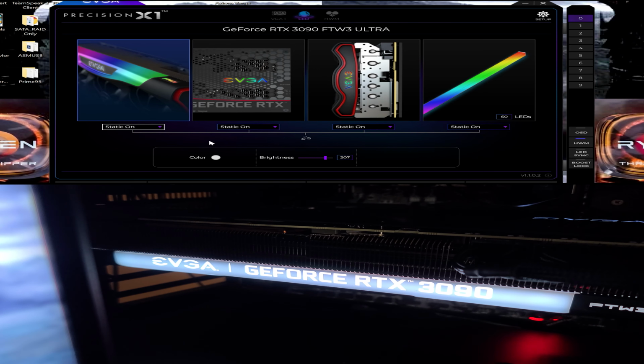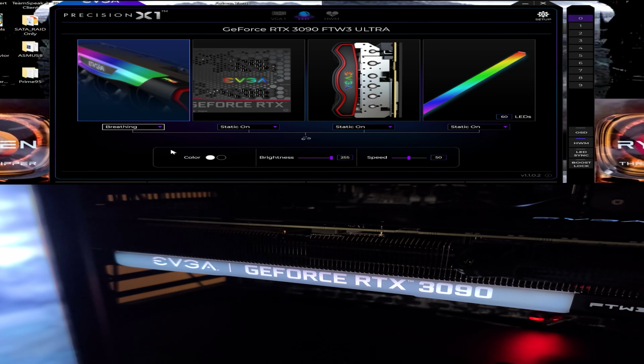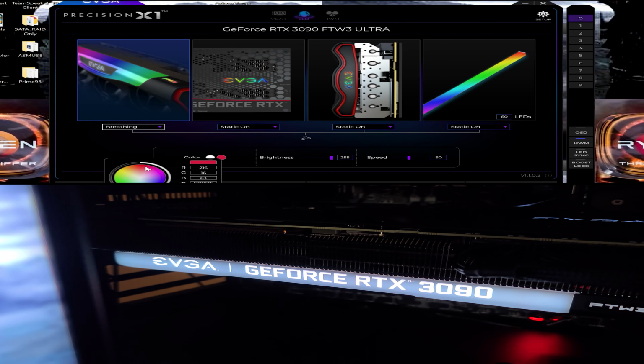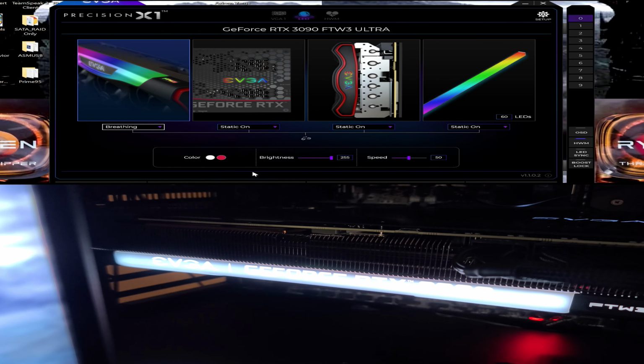So right now I just have it set on the static color selection. I had it set to white. I like RGB okay, but sometimes I find it a little bit too much, so I had turned off the rainbow effects. But we do have various things. So we can do breathing, so we can select two colors with breathing. Let's say I want to do red and white, and